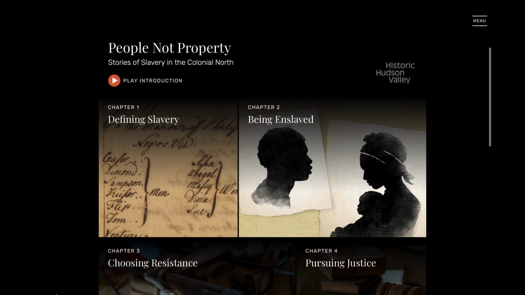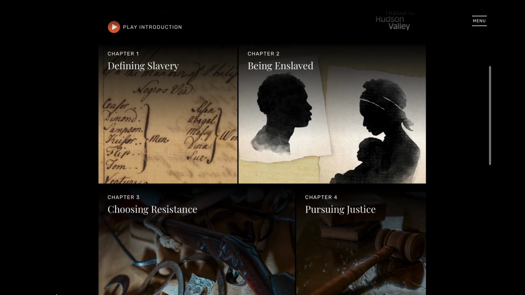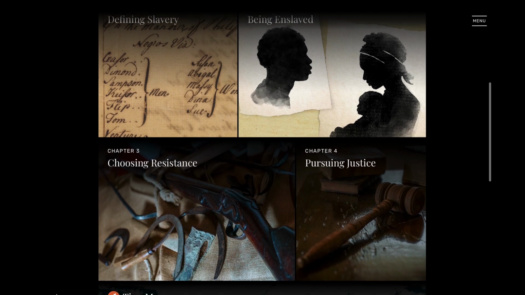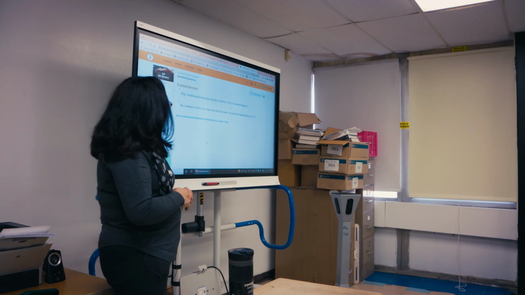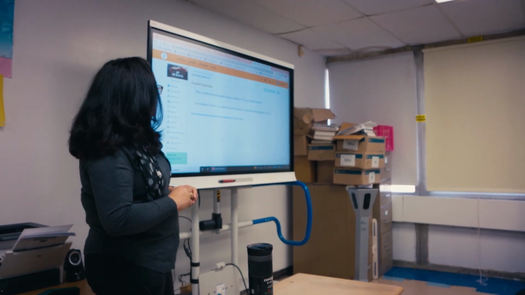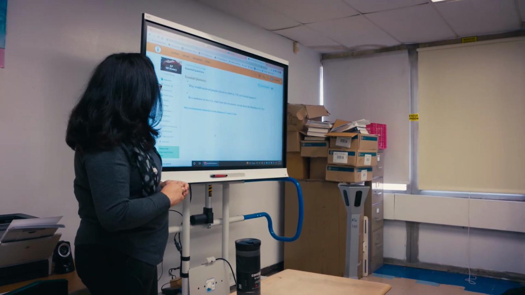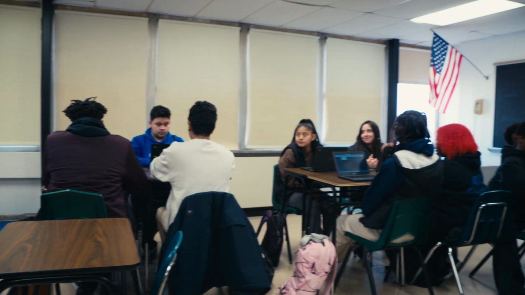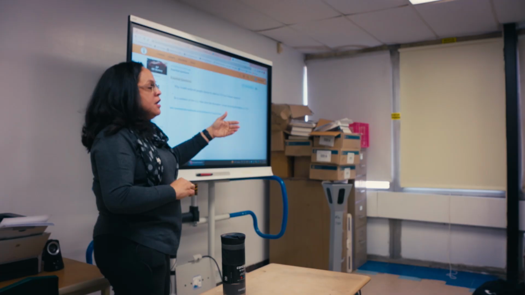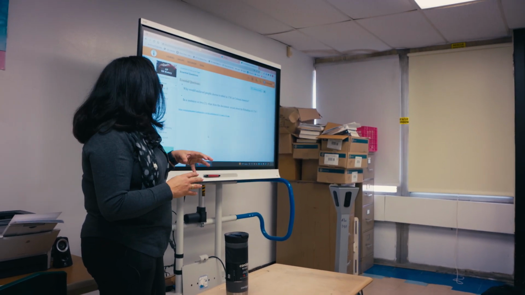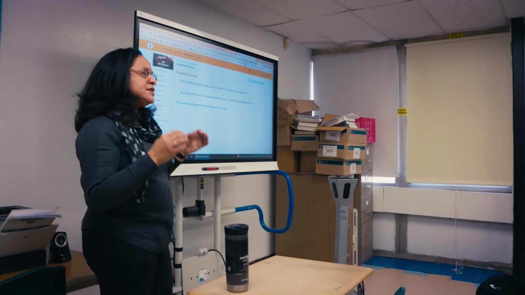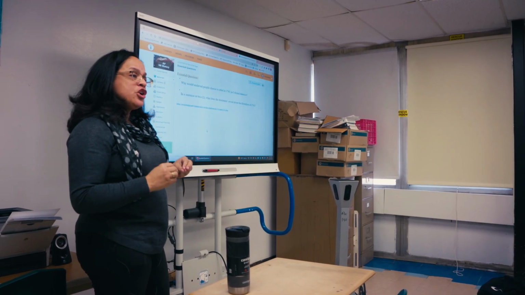From a personal level and a professional level, I feel like the website just puts it all together for you, things I didn't realize. The essential question is, why would enslaved people choose to rebel in 1741 in colonial America? And we're going to be looking at some documents that address the rebellion from different points of view. And your responsibility today is going to be to look at those documents and analyze them and then share your